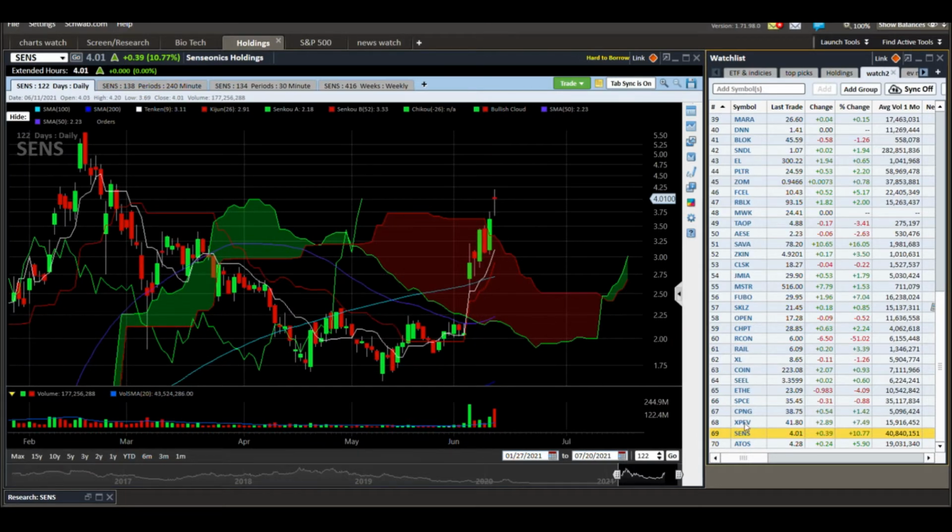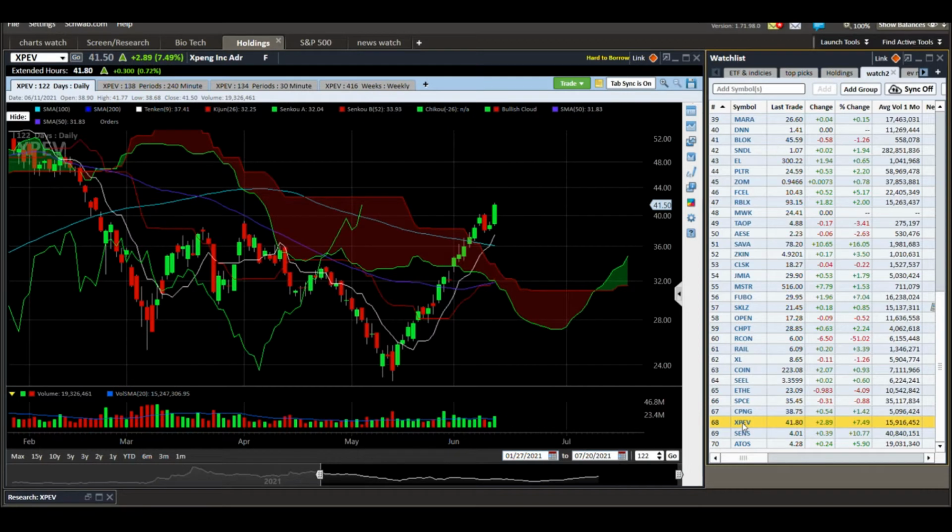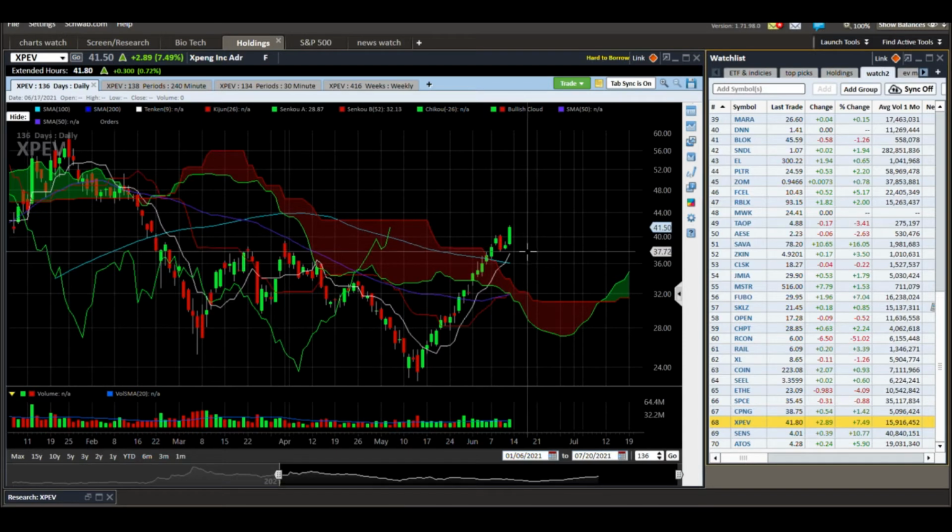Next one is XPEV. Very bullish move here. We're holding this Tenkan line. Price is staying above the Tenkan line. If you're already in it, I don't see any reason to